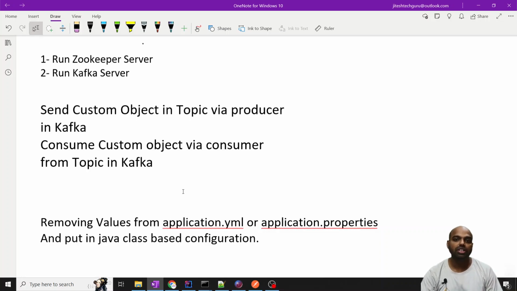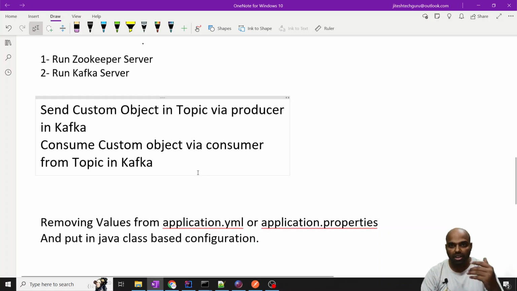Hello, this is Jitesh, and today I will show you more enhanced things in the producer consumer example. Last time we sent a custom object from the producer and received a custom object in the consumer, but